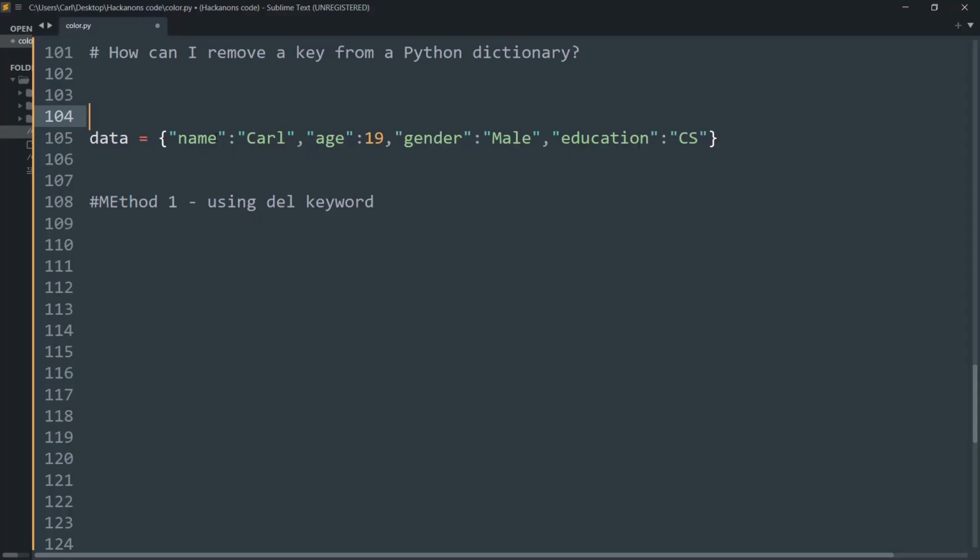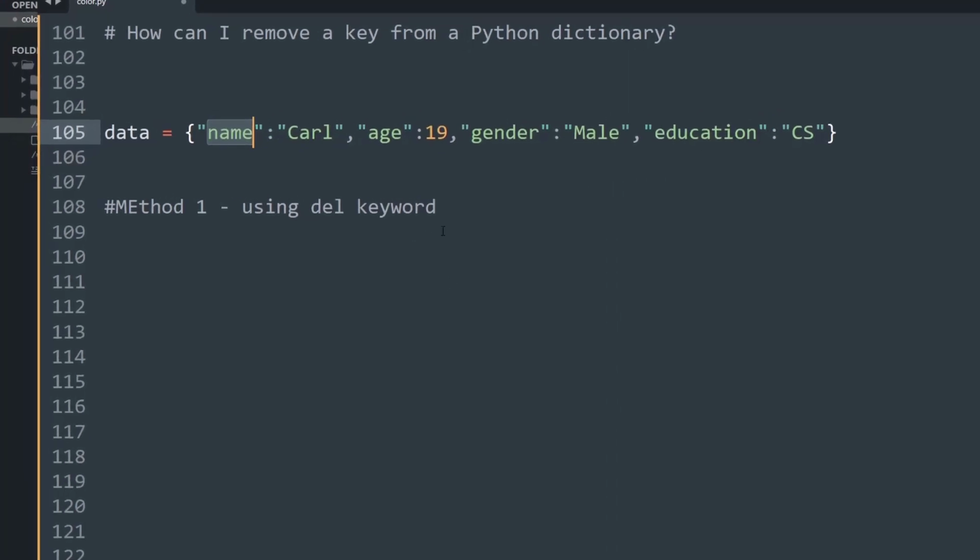So basically, a dictionary is a set of key value pairs that are known as items. I've created a variable called data, which is a type of dictionary, and within that I've created certain key value pairs of name, age, gender, and education. Now we will see the first method of how to use the delete keyword to delete a key from the